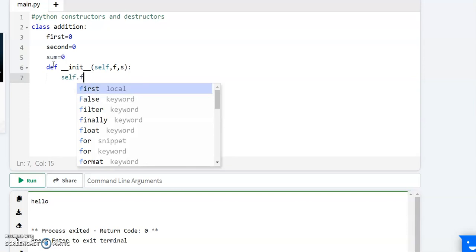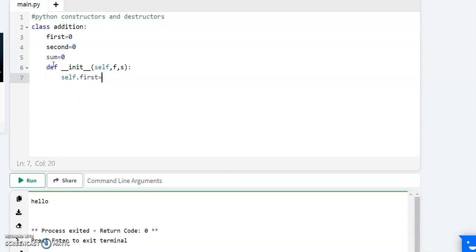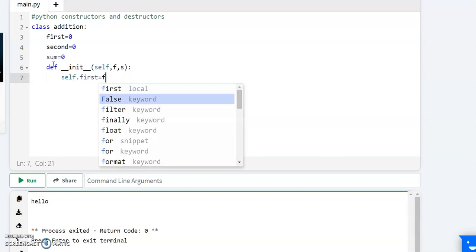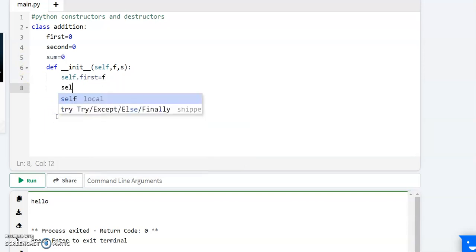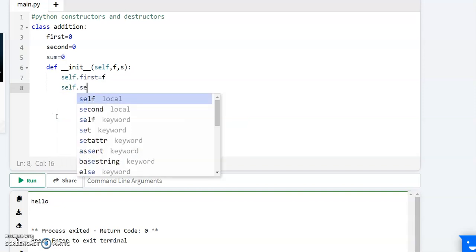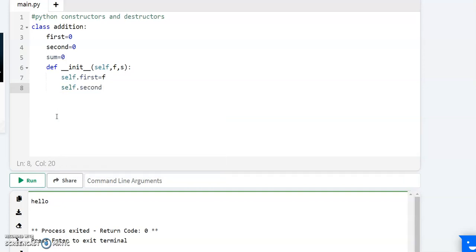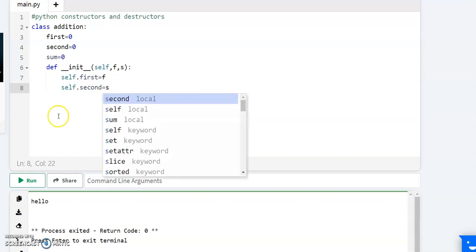Self.first equal to f, we have been initializing the values to the parameters. Self.second equal to s.